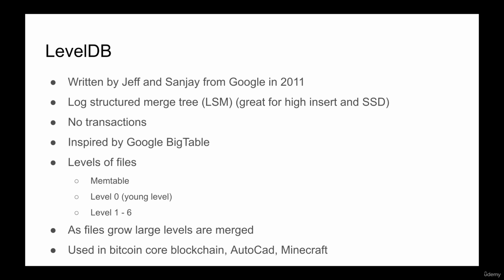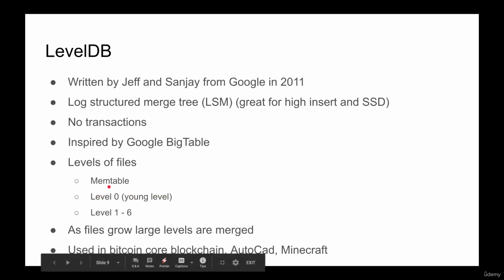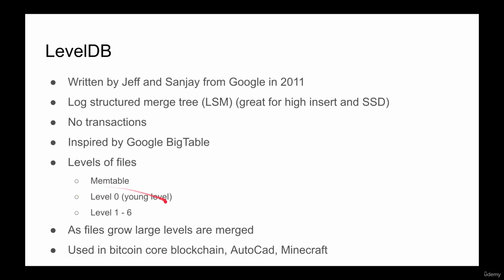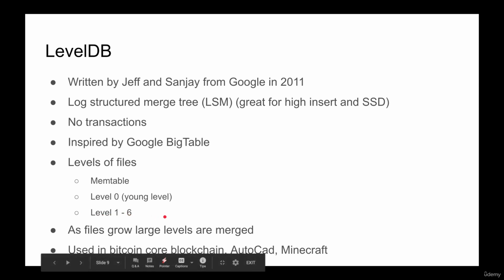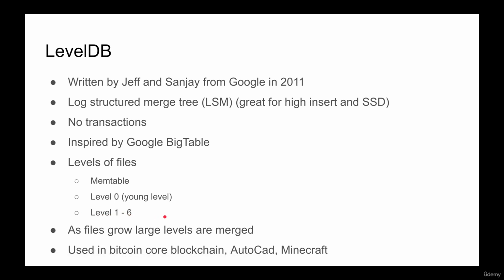Well, that's not durable. Those guys didn't say they are durable, but here's the thing. They do support write ahead logs, right? So WAL. And when they write to the memtable, they also write to a log that commits to the disk immediately. So yes, memtable is their memory, but they also write to disk in another place. And there are a lot of other levels, the slower level and the slower level until you reach all the levels, right? So young level and then levels 1 to 6, and every level gets moved to another level when it has reached its size. Okay? So that's why it's called LevelDB.